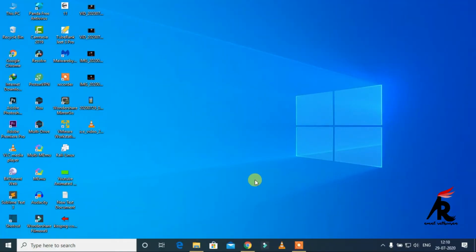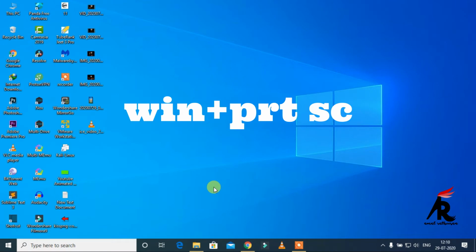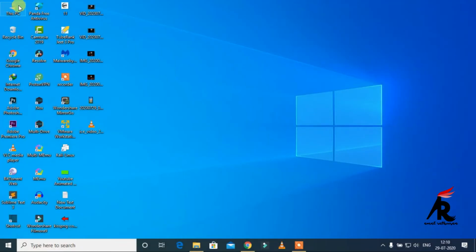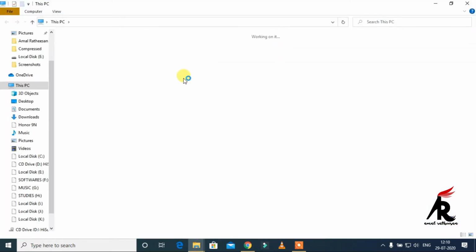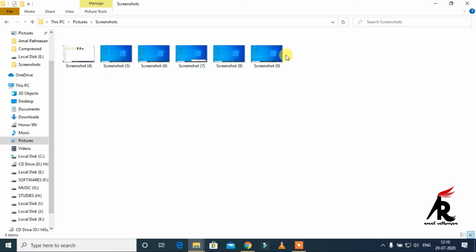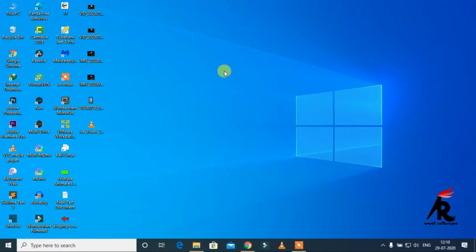So guys, let's start the video. The first method, you have to press Windows key and print screen, okay? Just click that. Okay, just move on to this PC and the Pictures, Screenshots folder. That's it guys. Okay, the second method, you have to search settings